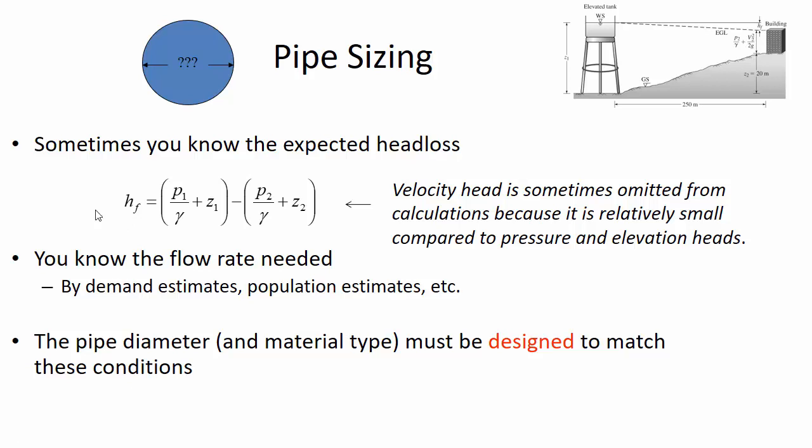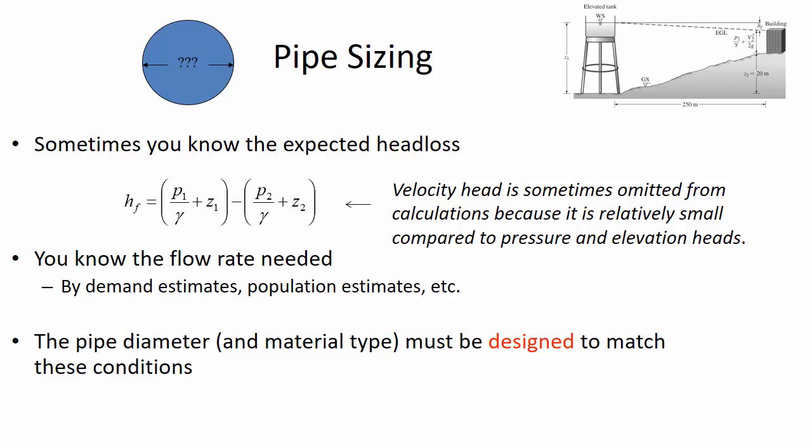It's your currency. And so h_f, this difference between the potential energy in the tank and the energy downstream that exists partially as pressure, partly as elevation, that h_f is what's driving the flow through the pipe. So if you've got a certain amount of pressure and a certain amount of elevation, then you've got the energy that's going to be moving the flow. So a small pipe is going to have more head loss, because if you look at the Darcy-Weisbach equation,